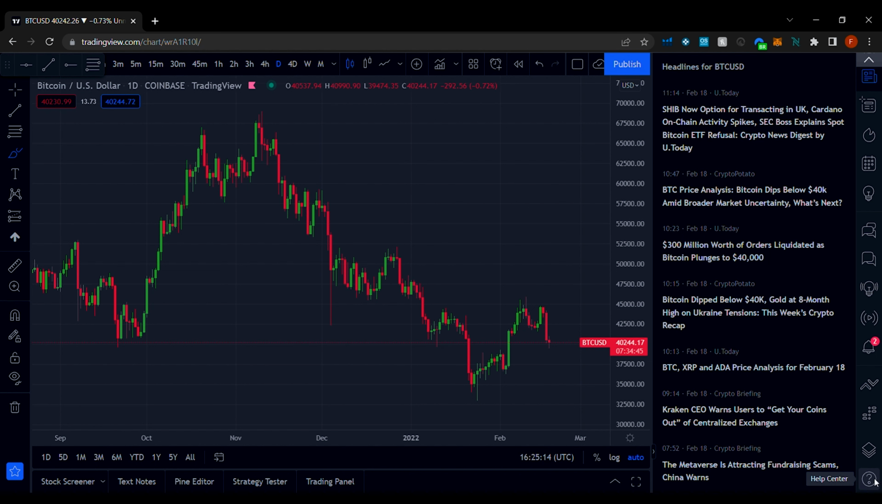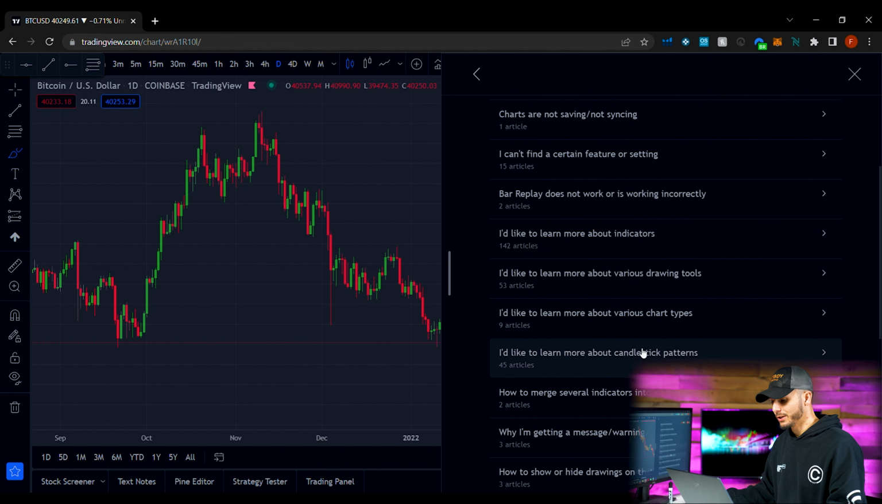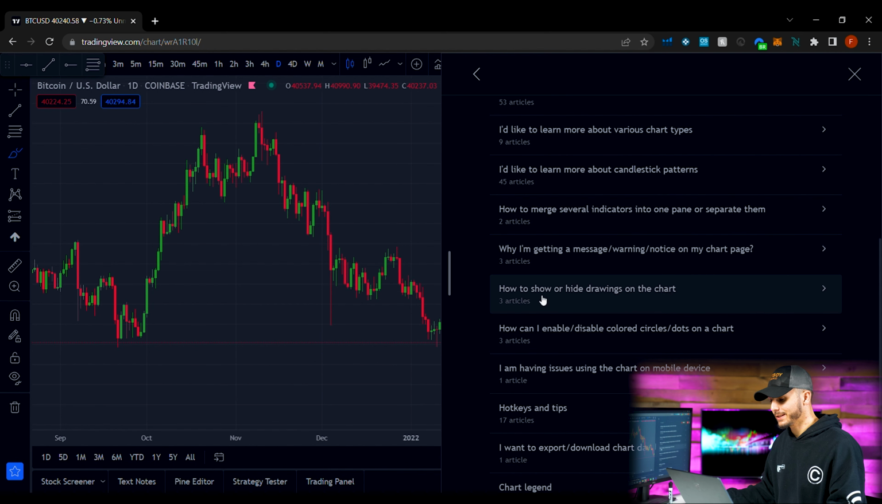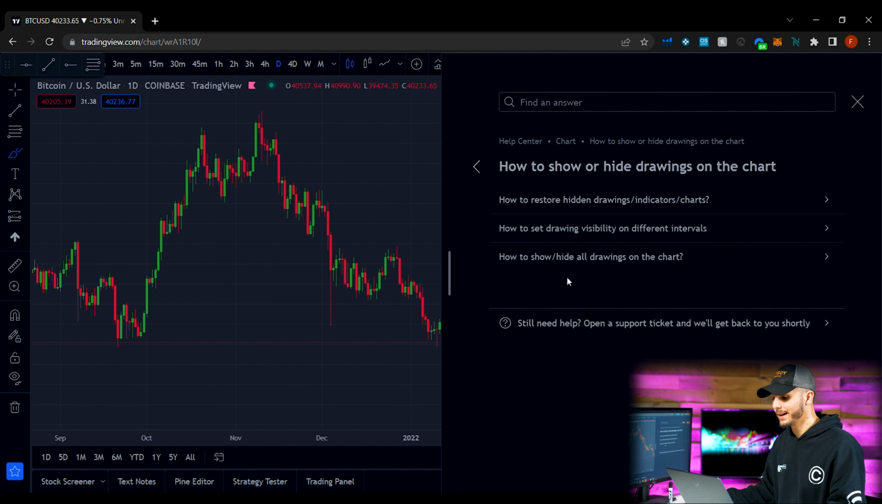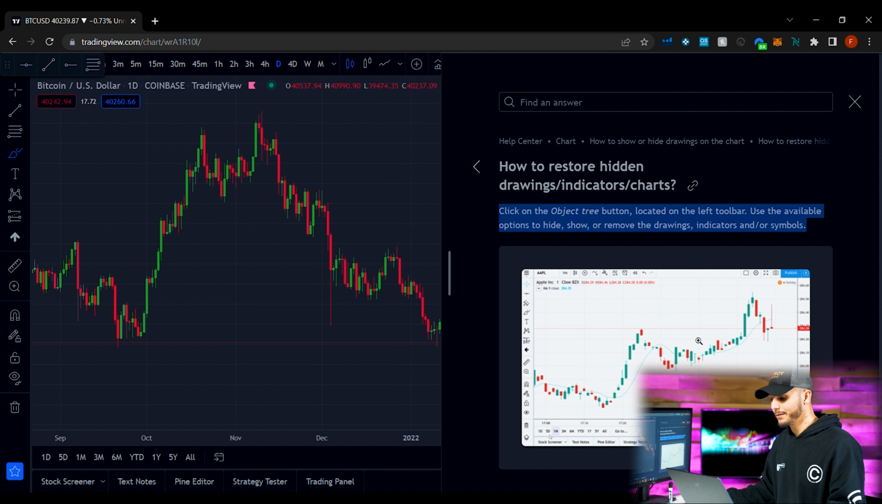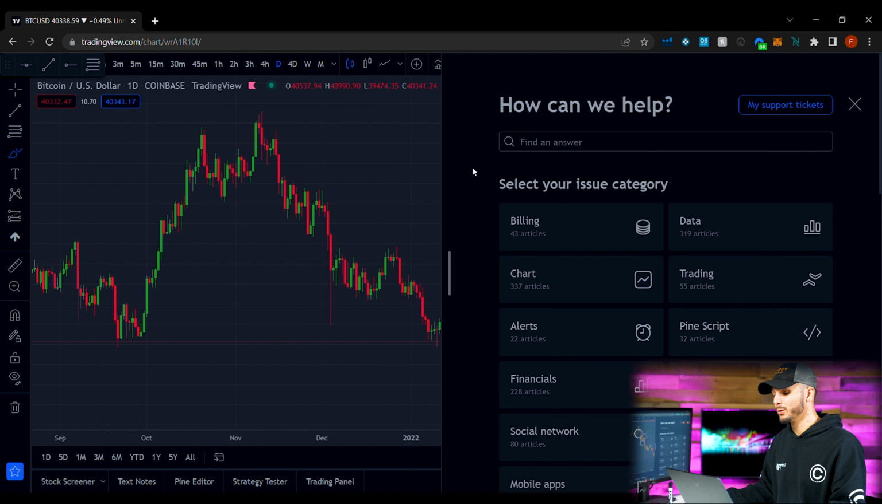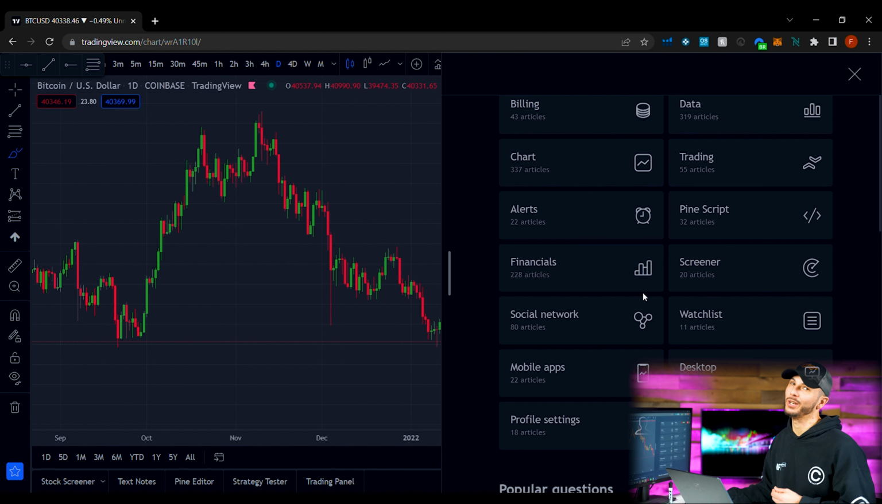And then if you come all the way down and click this little arrow down here, right here, this is huge, right? This is the help center. So if you click here, you can basically just type any question you have, and they have a lot of really great answers. Or you could pick by category. So say you have a question about the chart, you can search to see frequently asked questions. How do you show or hide drawings on a chart? You can click there. How to restore hidden drawings or indicators on the chart. How do I do that? You click here and it gives you a really good explanation. And a lot of them show you a video. Here you have a video of exactly how to do it so you can follow it step by step. So this is very, very helpful if you're new to TradingView and you can't find those answers you're looking for,